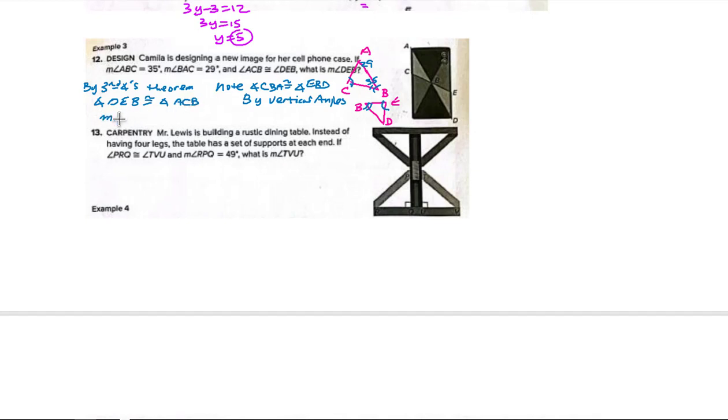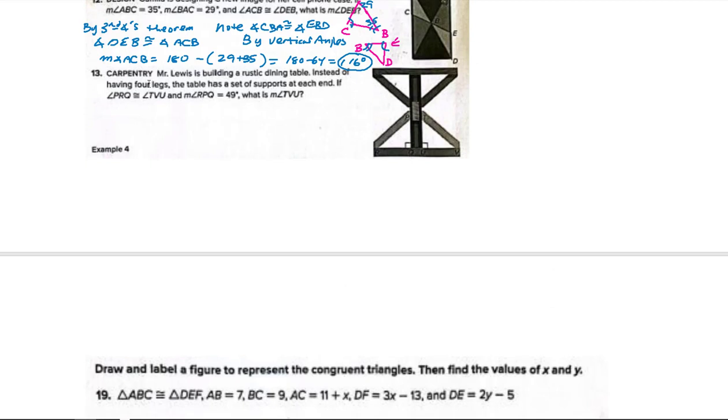So by the third angles theorem, angle DEB is congruent to angle ACB, and angle ACB is the difference of 180 minus the 29 plus the 85, which comes to 180 take away 64, which comes to 116 degrees. So that's the measure of angle DEB. In number